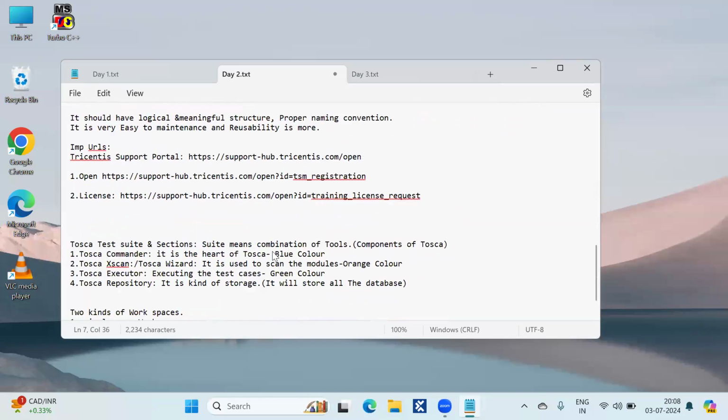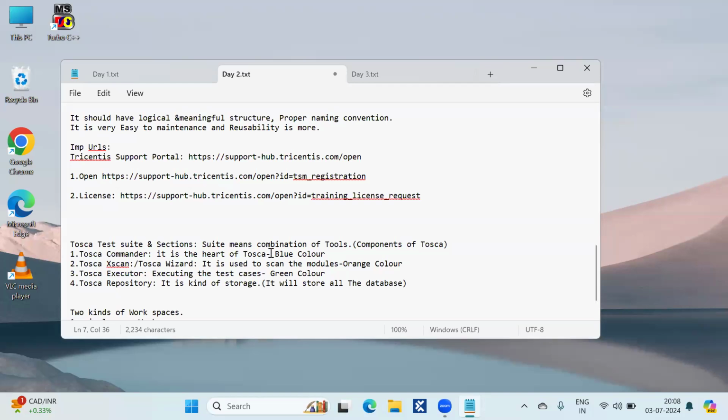And coming to Tosca, what are the four main components? Briefly, I will go again. It is Tosca Commander, Tosca Xscan, Tosca Executor, and Tosca Repository. Tosca Commander is the heart of Tosca, where we are exactly working. Xscan, Executor, and Repository will be part of Tosca Commander only.